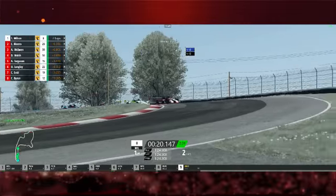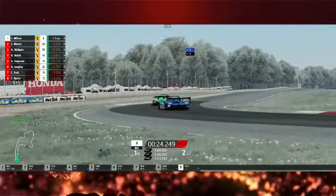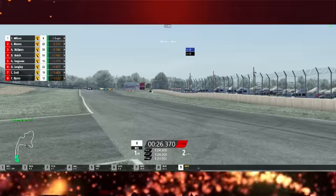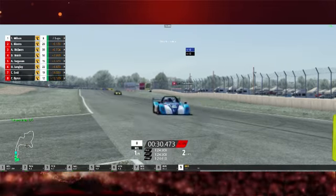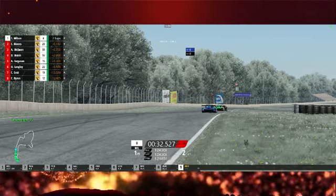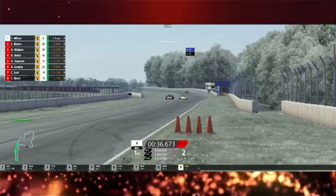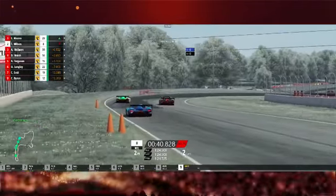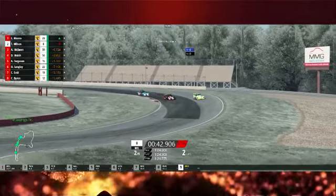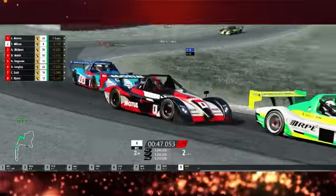Munro trying to climb back and climb right over Mr. Wilson. Ooh, looks like Wilson has gone over the rumble strips coming out of 5 and got a little bit lively there, which caused Munro to gain a bit of momentum and get on the back toe of Wilson. Wilson covering from Munro coming out to what I believe is turn 7. Munro on the outside to make the move, and he looks like he's got the move done, going on the outside, which is now going to make him on the inside